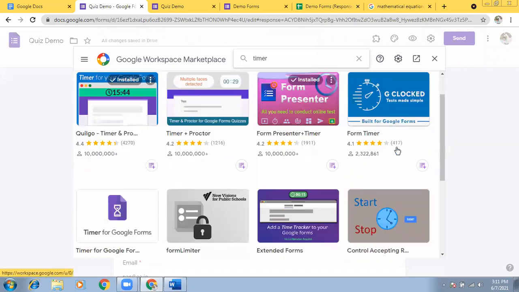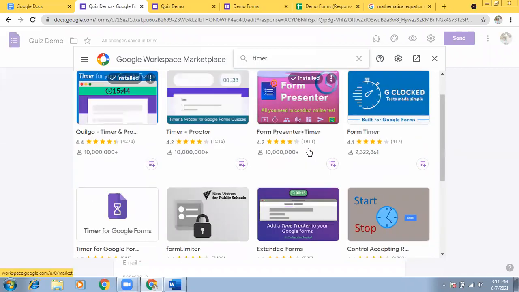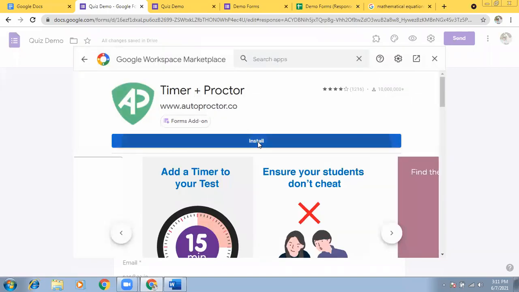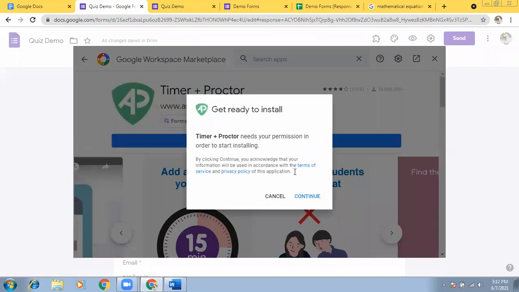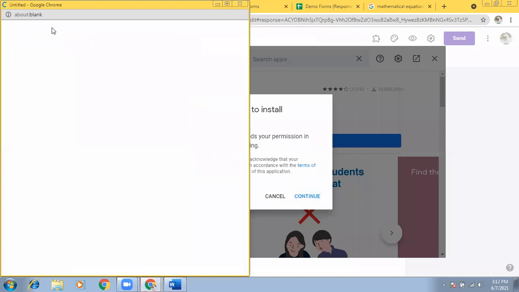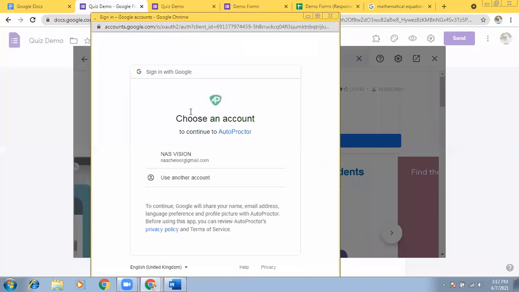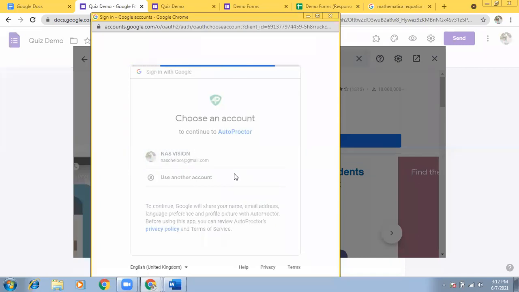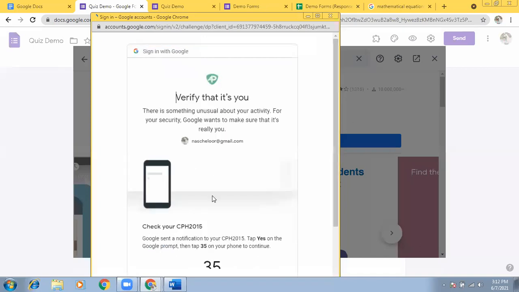Because these add-ons are not developed by Google and they will have access. I'll show you. If you are trying to add an add-on, I hope you are seeing my entire screen. If you choose the Google account, here there is a risk.